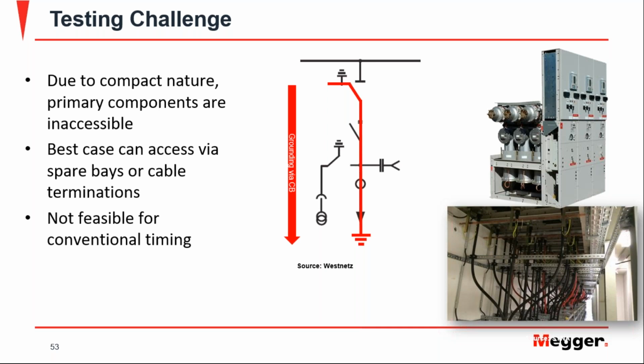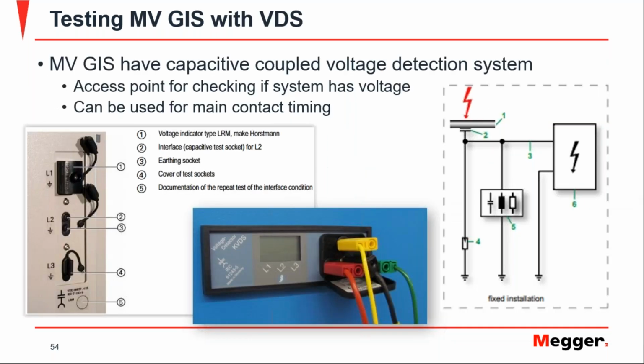The best chance that you have is underneath the switchgear where the cables access, but in that case you will need to disconnect. So it's really not feasible for conventional timing without disassembling the switchgear. Probably not something that you need that often, but for commissioning and troubleshooting purposes, you may want to do that. There's also no visual line to confirm visually if the breaker is open or not,